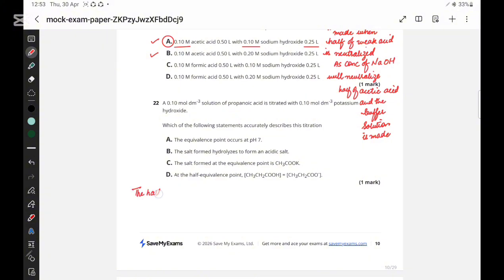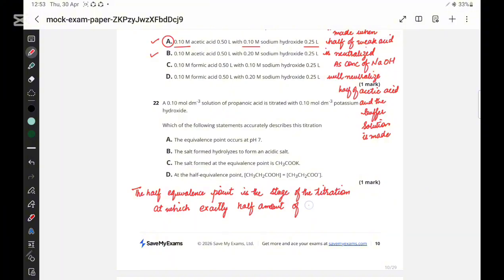The half equivalence point is the stage of the titration at which exactly half the amount of acid has been neutralized,